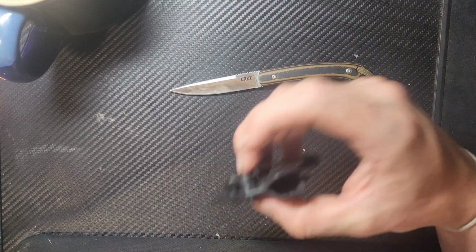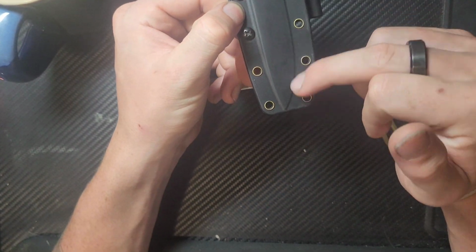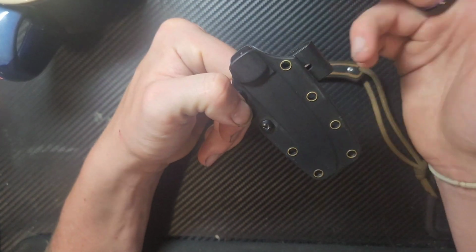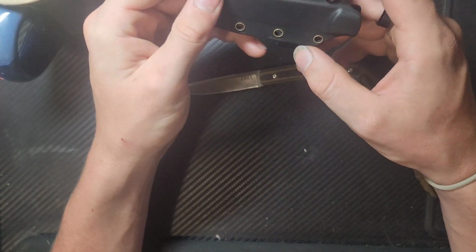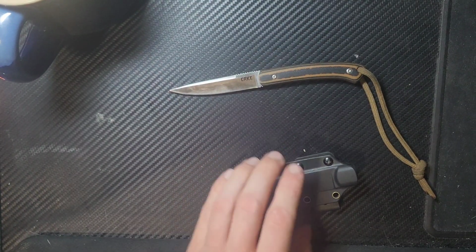You can get clips that'll allow you to pocket carry this, and my personal preference for pocket carry would actually be that it only have these loops on one side, but I can understand the value of having it on both for belt carry, and it's not too wide, even compared to